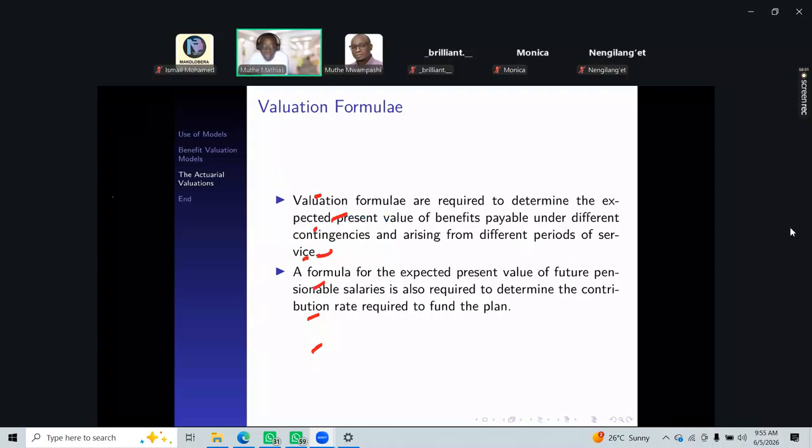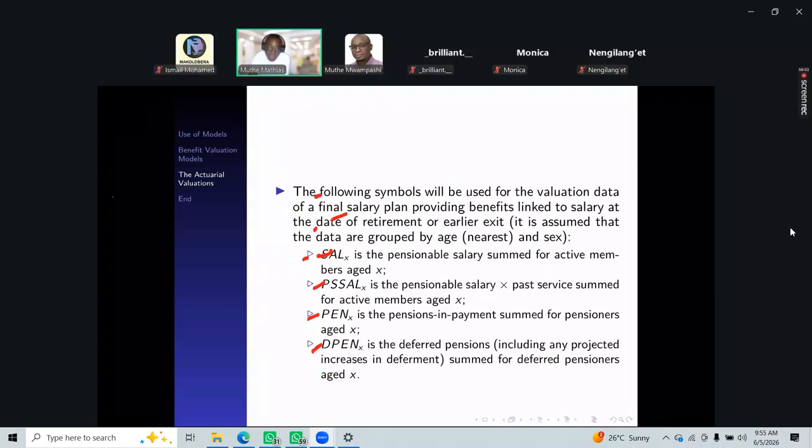So of course we can have this valuation formula for this. And I'm going to denote again that we can have salary, because remember, at the end of the day, if we're talking about benefit, we need to have the accrual rate, we need to have the salary, and then of course the number of years and stuff like that, right? So we need salaries. So I'm going to define salary like this here. So this is the pensionable salary, sum for all active members,